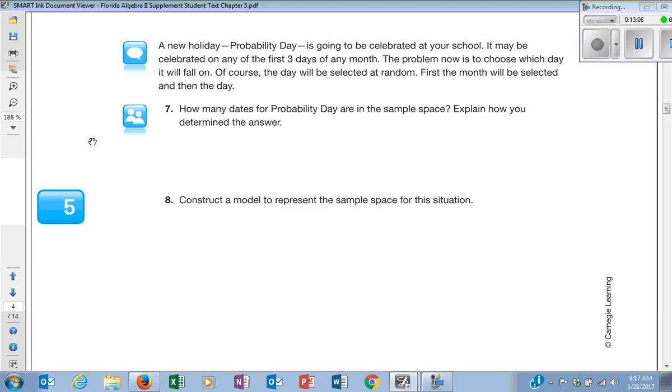How many events am I going to be picking from? How many things need to be selected? 2. The first one is a month, the second one is a day. How many choices do I have for my first selection? 12. How many things do I have for my next selection? Which means a total of